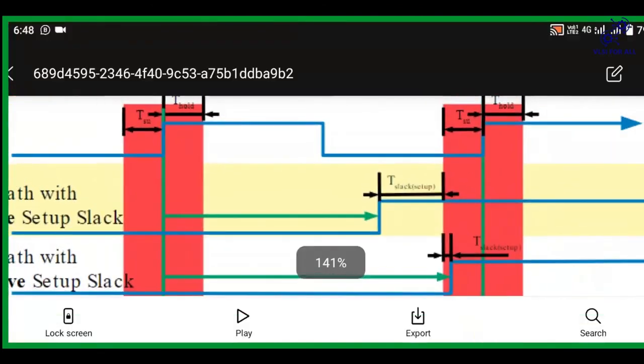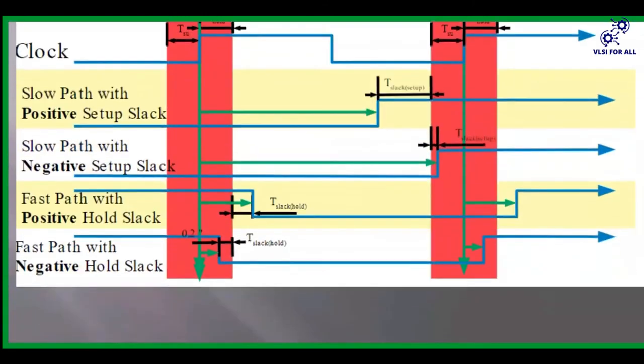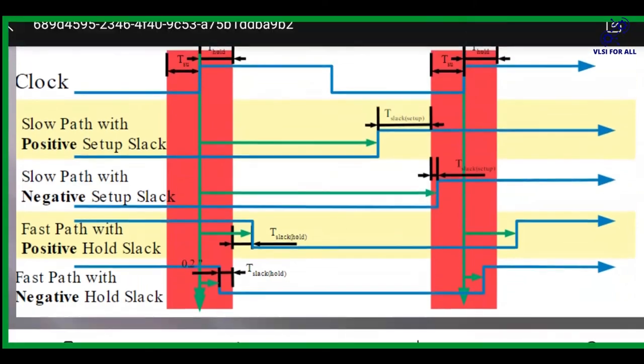This is regarding setup and hold time. In the next part, I'll be explaining setup and hold time, and there I can explain this timing diagram. For now, this timing diagram is not required. When I go into setup and hold in detail, when to add a skew, when we should remove a skew, what is the meaning of slow path, what is the meaning of fast path, everything I'll give you in the third part. When I go for the third part, I will explain this timing diagram.